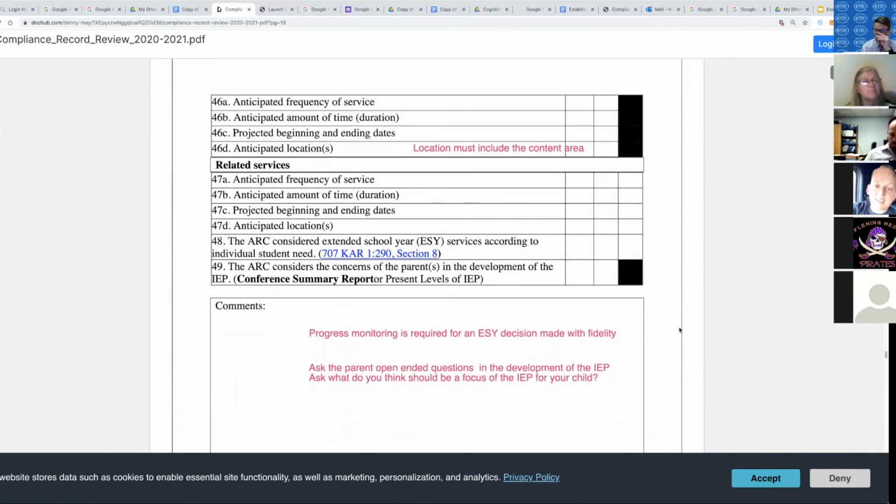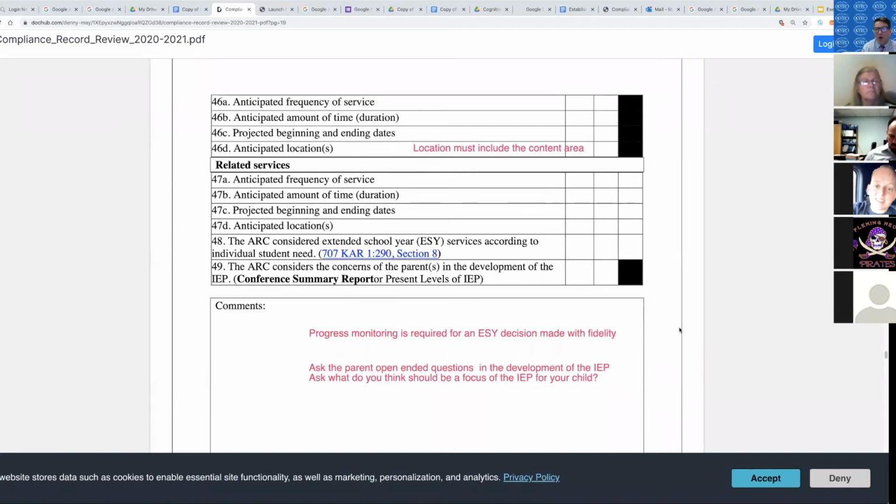This is the comment I put on every one that I reviewed. Progress monitoring is required for an ESY decision to be made with fidelity. If you don't have progress monitoring data, if you don't have frequency of data collection matching up, if you don't have the trend data, if you don't have some blurbs in your conference summary, if you don't have your present levels with progress data, if you don't have baselines,